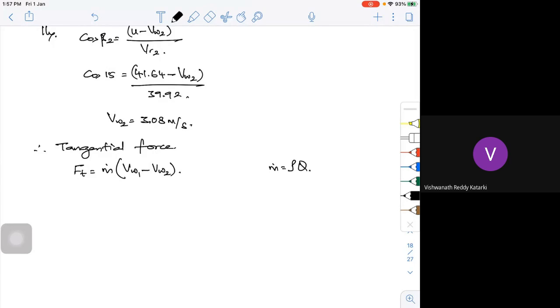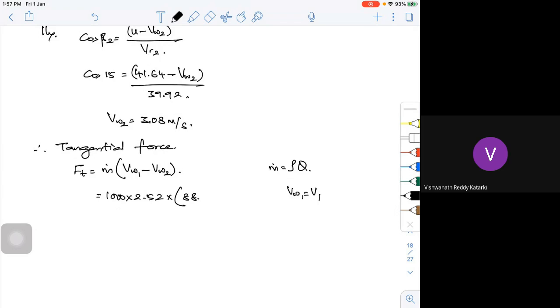Is 2.52 meter cube per second. Substitute all those things, that's what I am trying to do. So this will be 1000 into 2.52 into Vw1, which is equal to V1. See, Vw1 is equal to V1, that is